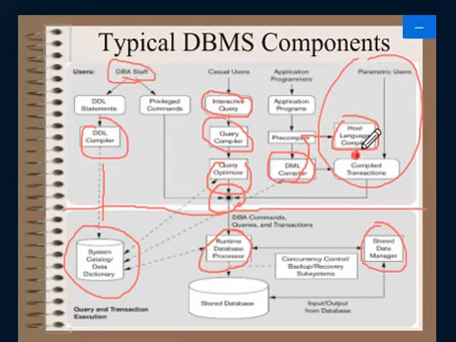So the DML compiler will compile the DML statements into object code, and the high level language is also compiled. So that will be combined into a canned transaction. You can make out this. This is the canned transaction. They are linked together, forming a canned transaction whose executable code includes calls to the runtime processor. Again, this is linked to the runtime processor.